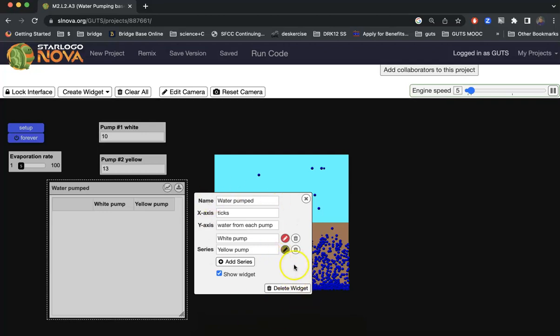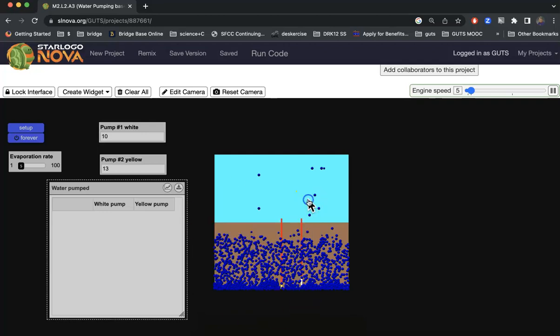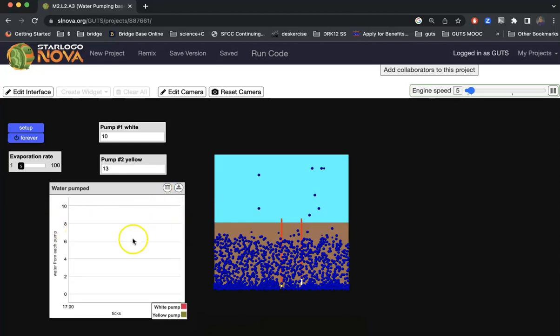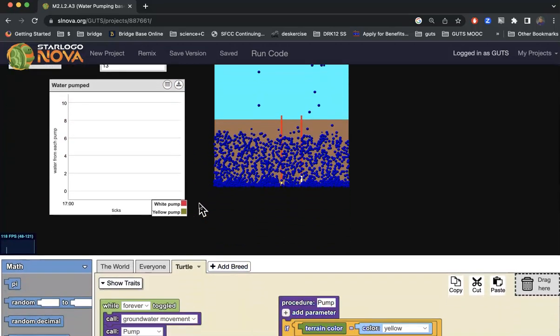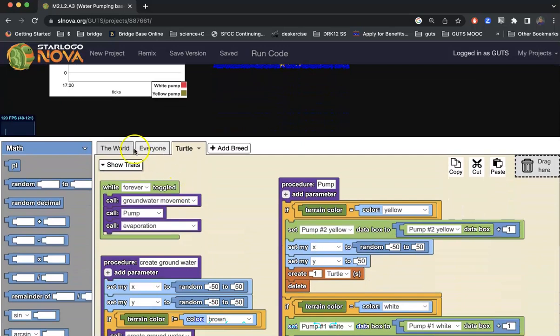Once you have this all how you want it, close the X and lock the interface. Now this is defaulting to show you a chart instead of a graph. So this button here on the upper right side of the pump widget switches it back and forth between chart and graph. So now it looks like we've got a chart, but again, we haven't added the code to make the chart